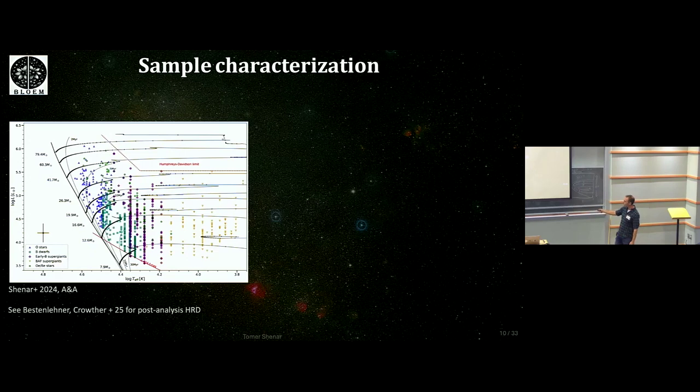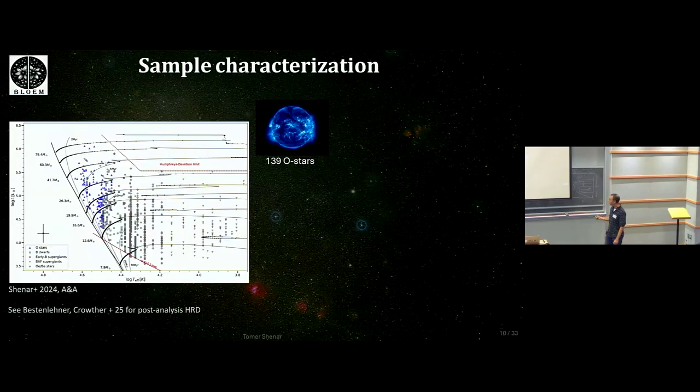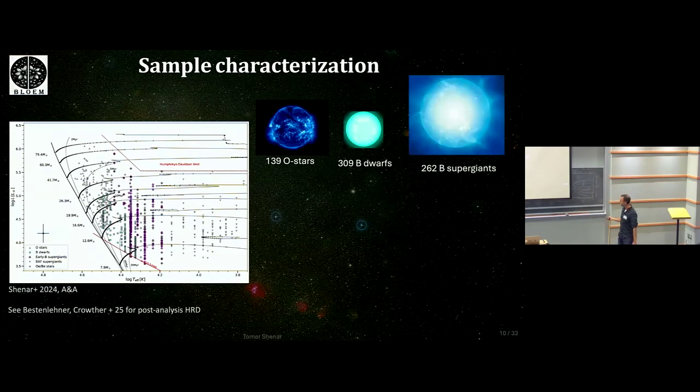And this sample is quite heterogeneous, so let's see what it contains. We have roughly 140 O-type stars. Okay, so these are the more massive of the bunch. I hope you can read, roughly the masses they trace between roughly 15 and maybe all the way up to 70 solar masses. We have roughly 300 B-type dwarfs, thought to be still on the main sequence, perhaps with some exceptions. Then we have this mystery sample, okay, the B-type supergiants, a very big sample.